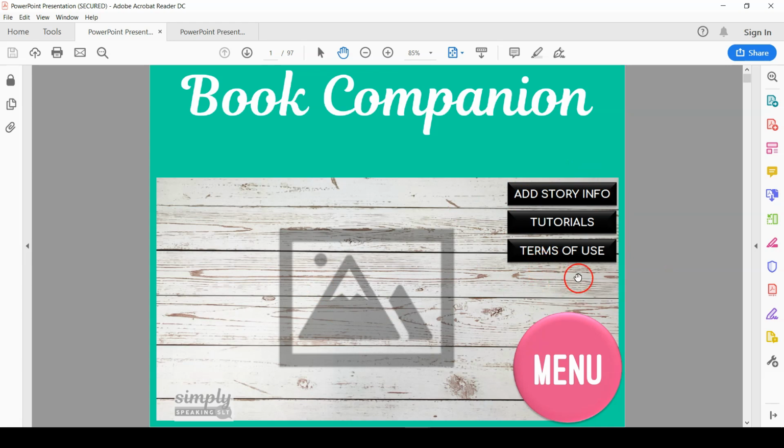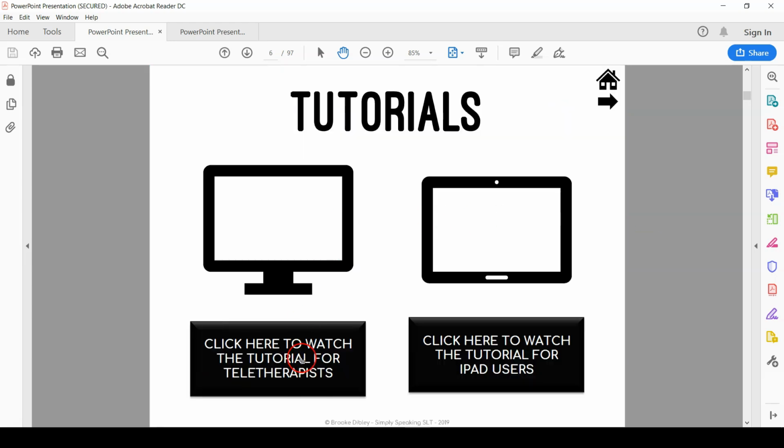If we hit this, we'll go to our terms of use area. Please note that this document is under copyright. You have bought a license for one user unless otherwise stated on your purchase order. So please do be sure to not share this with other people. If other people would like a copy, please send them to the listing in my store where they can get their own. The tutorials are under this button, and you can click here for using on a computer, here for using it on an iPad,